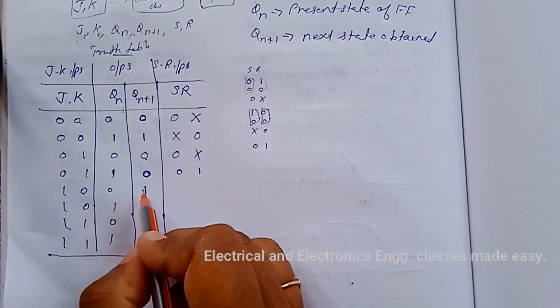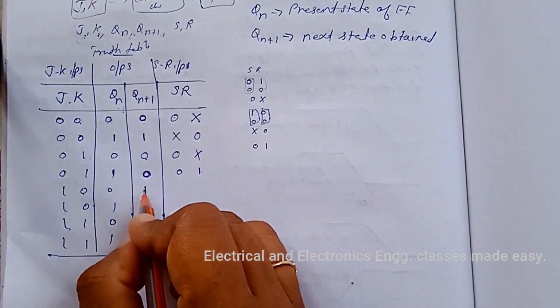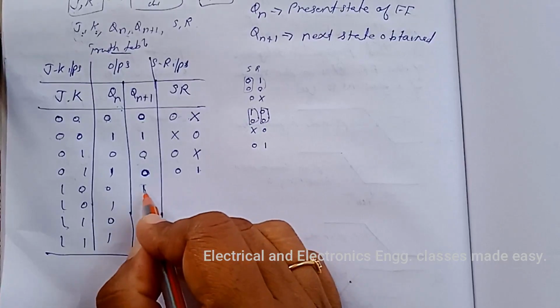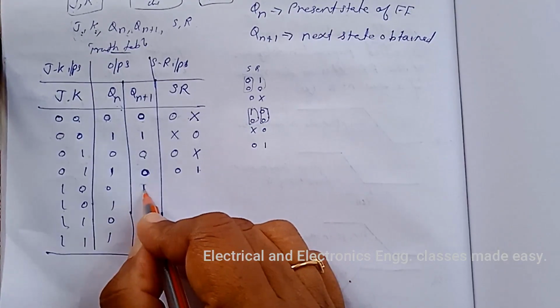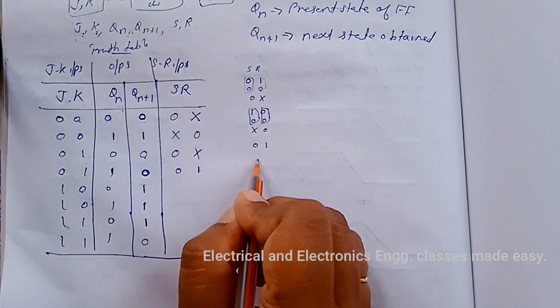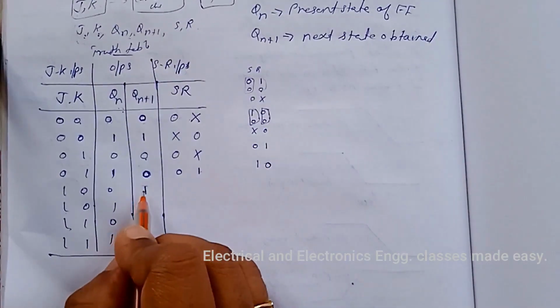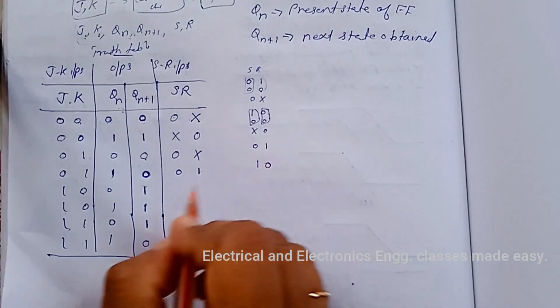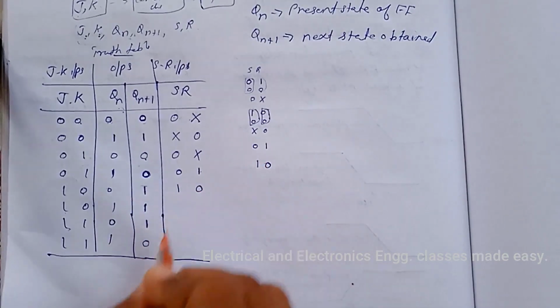Then here 0 1. 0 1 means this is the output to be obtained, that is 1. To get 1, the inputs will be 1 and 0, and here this is 0. So we can write 1 and 0 here,